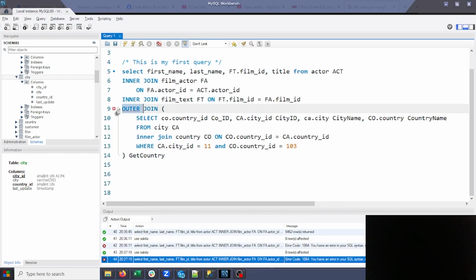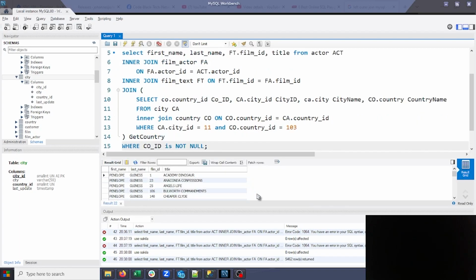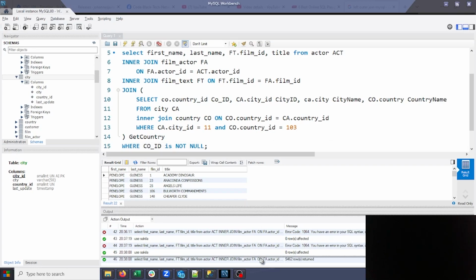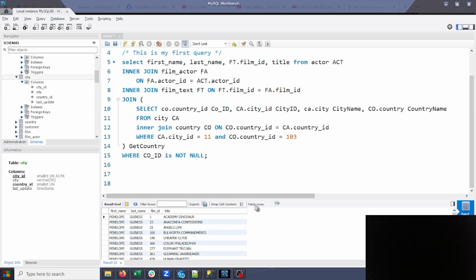Just outer join. Let's see if that works. There we go. I don't think that's giving me what I want, but we'll see here. Okay, so